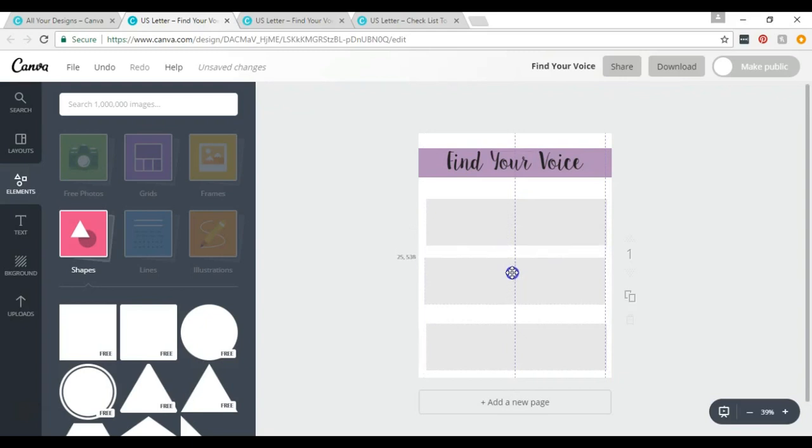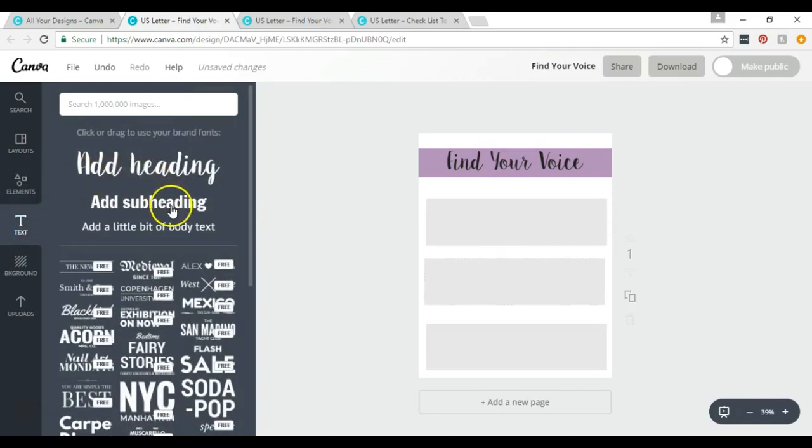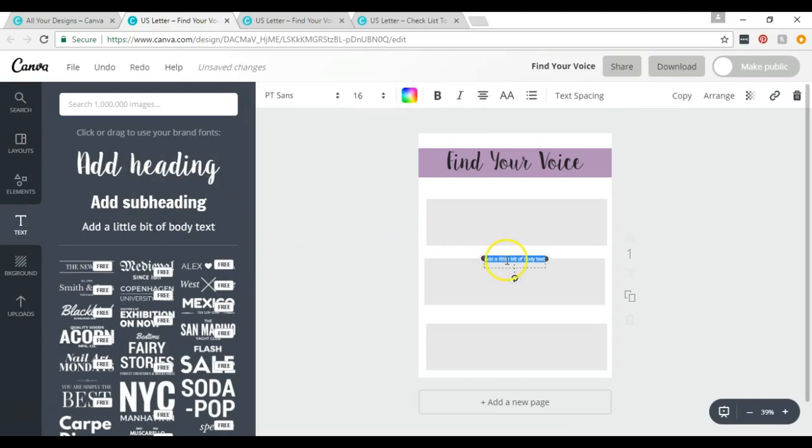And there you have it. So now we have our boxes where your readers can take their notes. Now you just have to add your questions. Once again, you're just going to go to Text. This time I think I'll just do this one. It is the smallest, and I will just place it right above the box, and for this example I'm just going to type